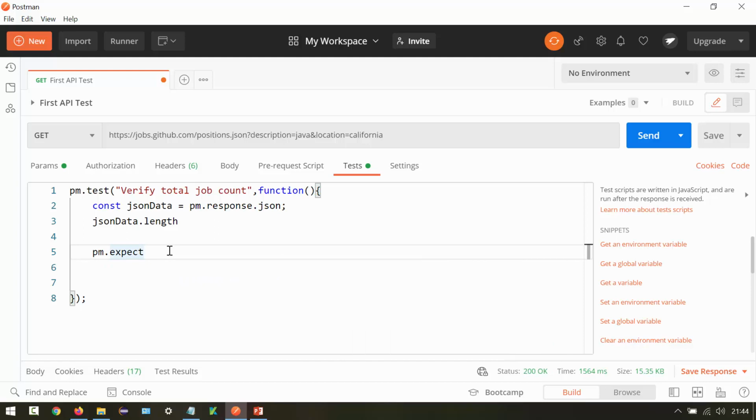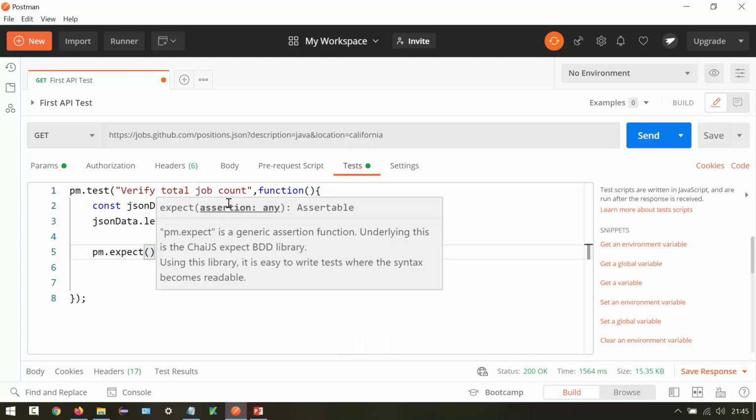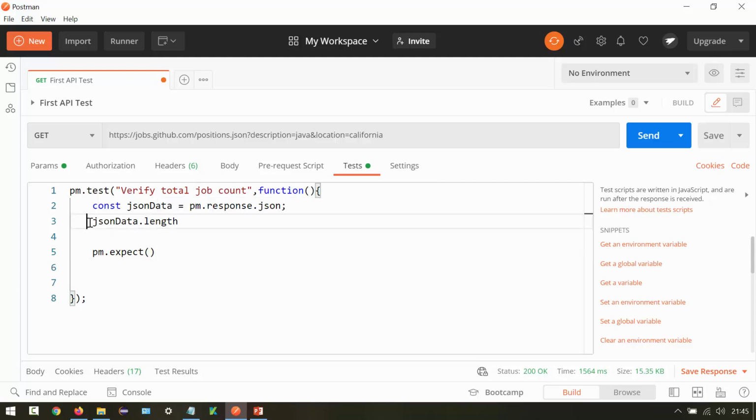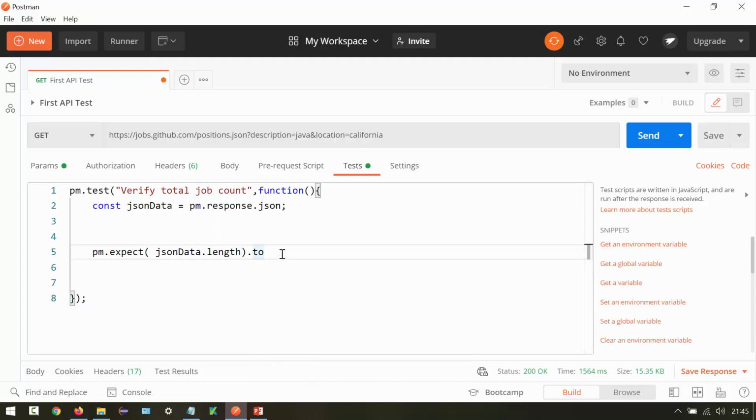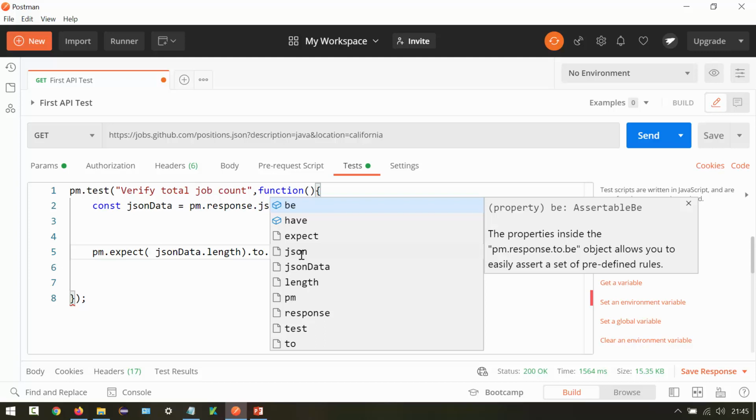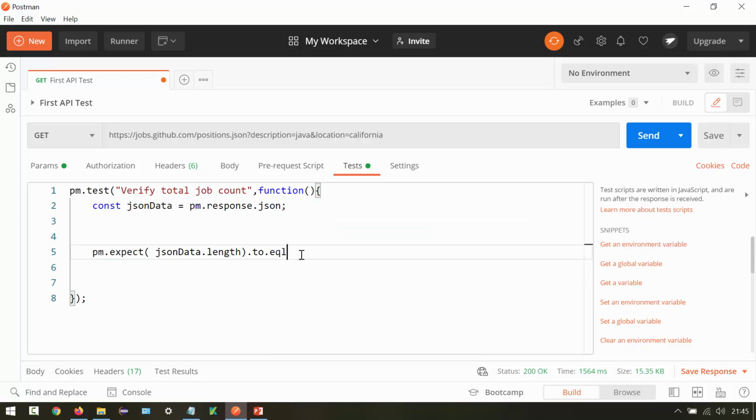Then let's look for the parameters. We can pass any value here, and our value is the length, since we want to assert the length. Then dot, and we can use this to write the test. Then dot, and I can say equivalent to 3, so I can say eql, that is the code, then 3.